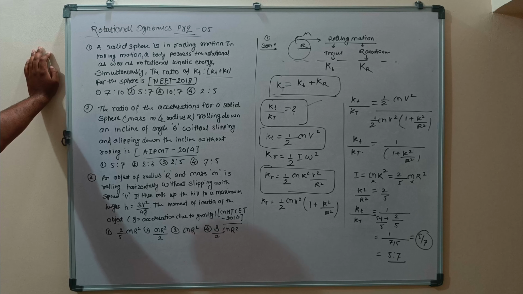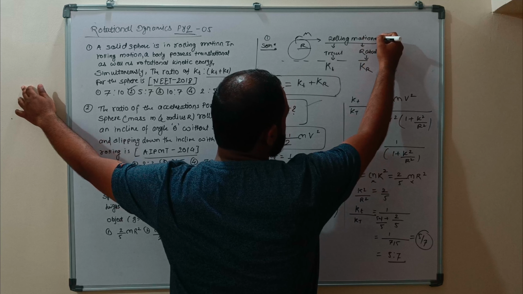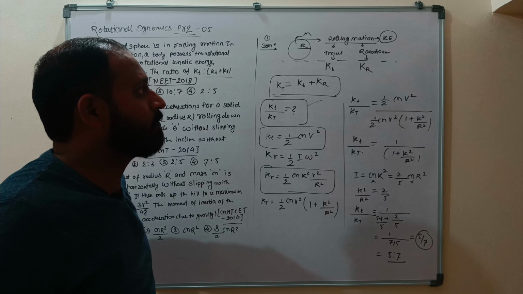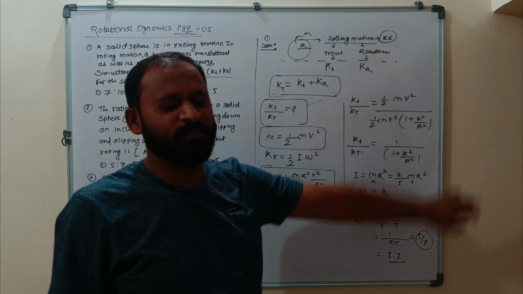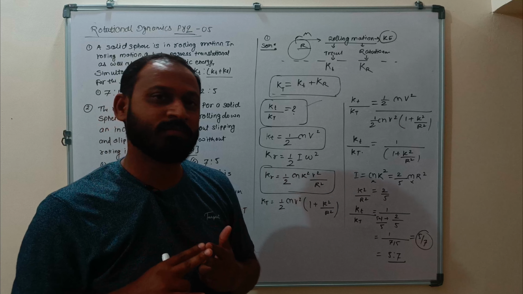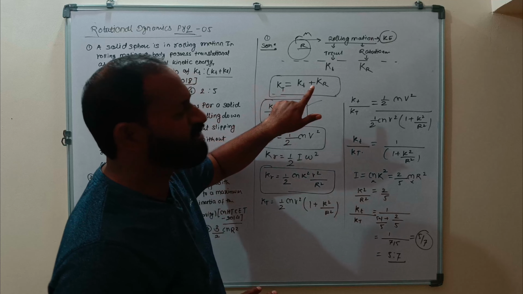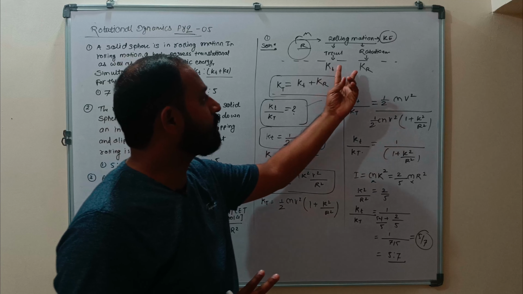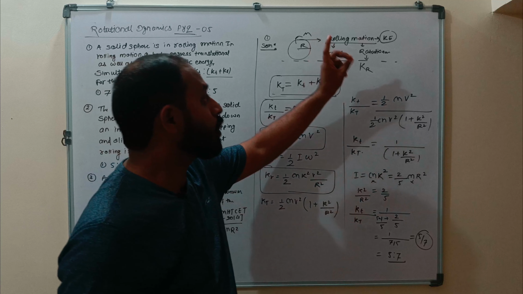Just simple: if any object is in motion, it has kinetic energy. But if the body is performing rolling motion, then the body is performing two types of motion. The first one is translational and the second one is rotational. Then there is the kinetic energy corresponding to the translational, and the kinetic energy corresponding to the rotational. If we combine these two kinetic energies, you will get the value of total kinetic energy for the rolling motion,